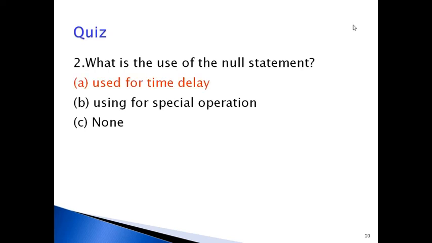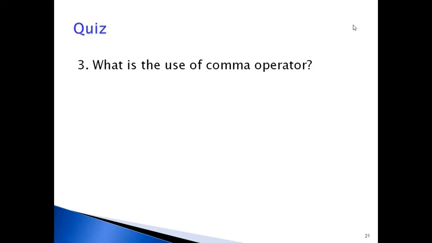For time delay purposes, we use the null statements in our programs. For getting a time delay, we use the null statement. Question 3. What is the use of the comma operator? Why do we use the comma operator in our programs?